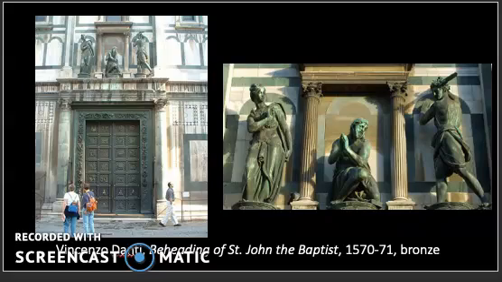So to refresh everyone's memories, I'm focusing for Capstone on the bronze sculptural group of the beheading of St. John the Baptist, completed by Vincenzo Danti in 1571. This group was located formerly on the top of the south doors of the baptistry, as you can see in the left image, but it has moved to the museum that we visited with Professor Bourne's class, where it can